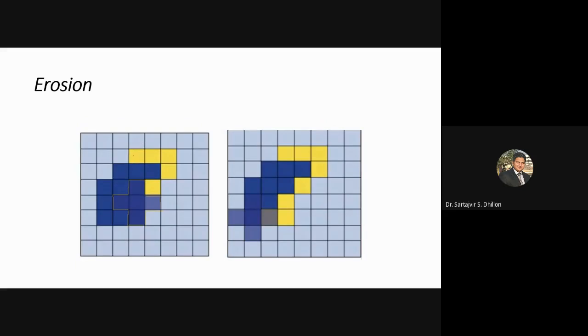And here you can just check it out. When it is moving one by one, it is removing that pixel. The yellow one represents the removed pixels, this plus represents the structuring element, and this blue represents the foreground image. It is moving, and here you can check it out, it is removing that pixel.